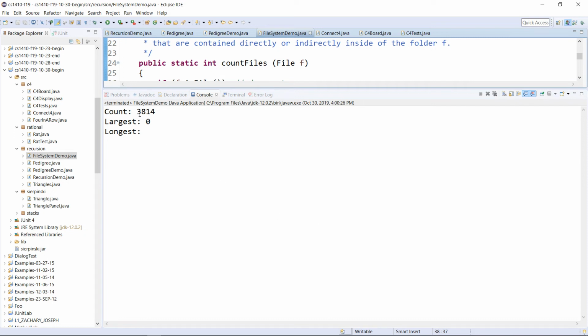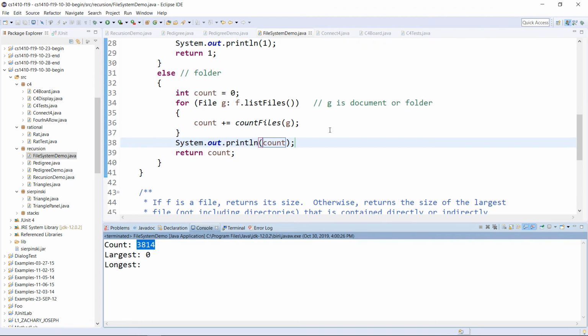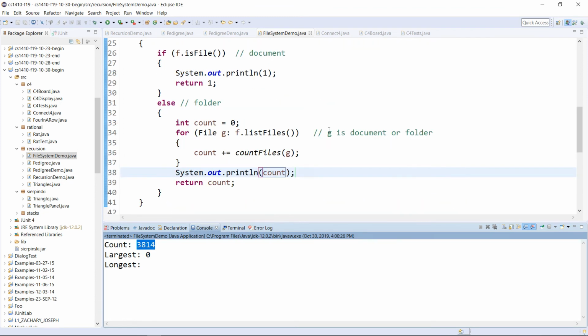Will there be 3,814 lines? Will there be more? Will there be less? I've heard of less. I heard of more. Anyone think it's exactly 3,814? Yeah? For every single count, there are 2 system outlines because